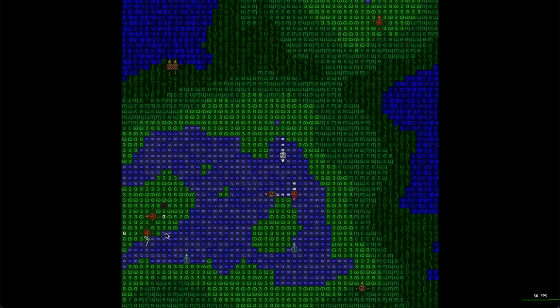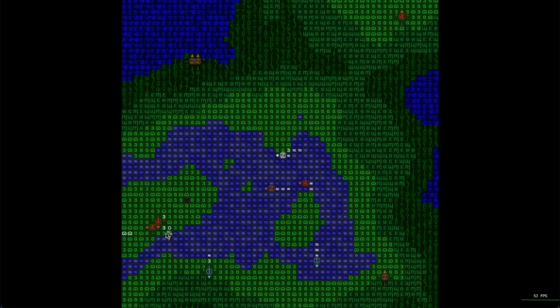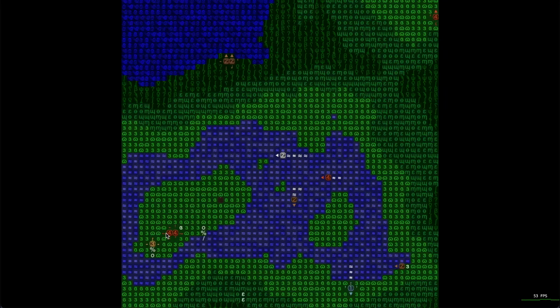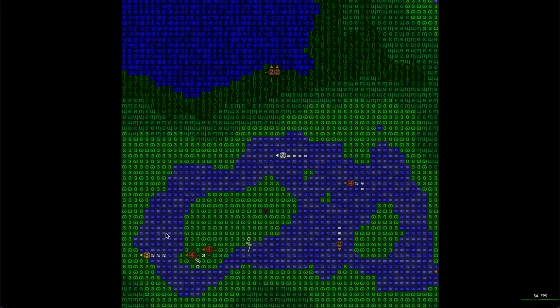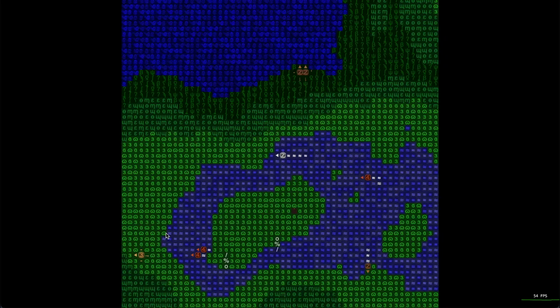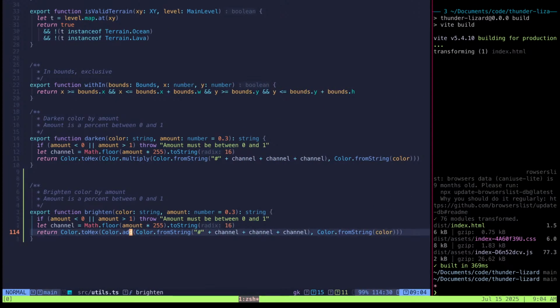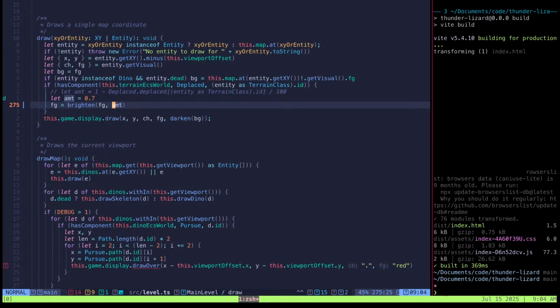So I want to keep it dark for the terrain, but I like it for the water. And the next thing that we're going to do is I don't just want a path right behind me for the water, but I actually want a ripple. And we'll see how that works. So change that back to darken and say right here of